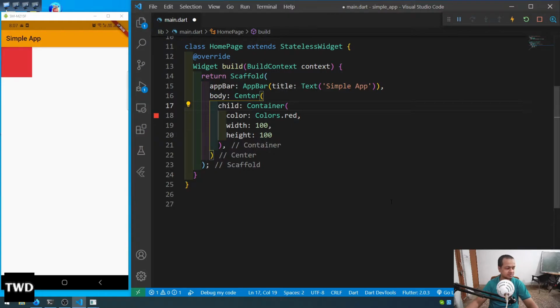Okay, and then I'll save it, and it will come to the center. Okay, it will come to the center, and it is coming perfectly in the center. So this is how we do it in the center. But now what I'm going to do, I'm going to add a text here,